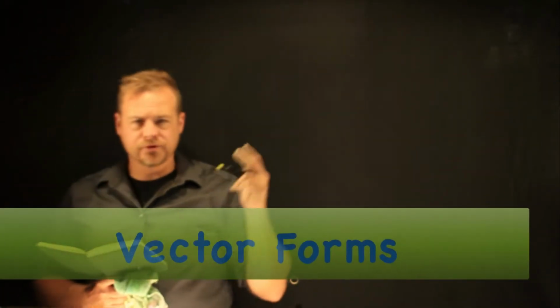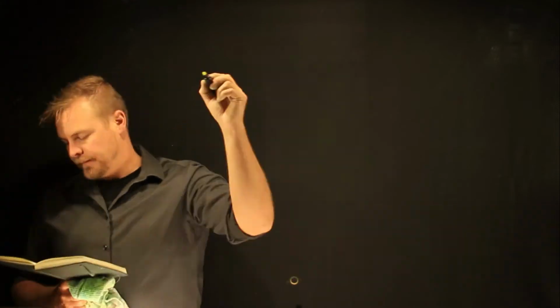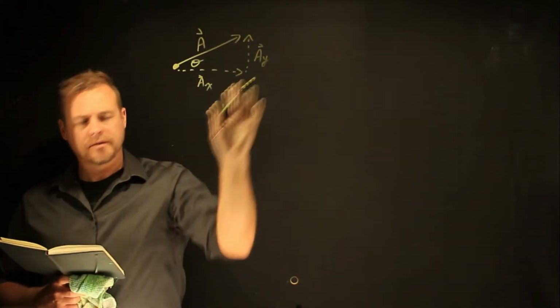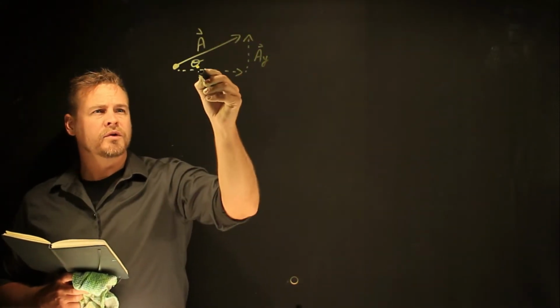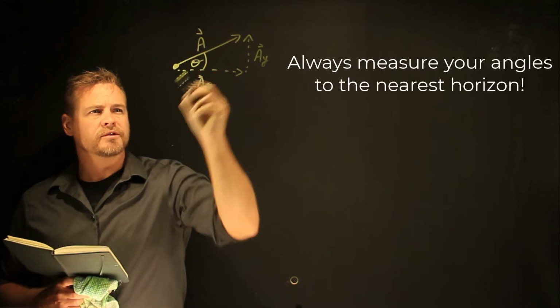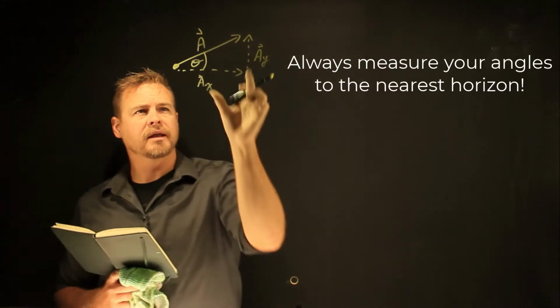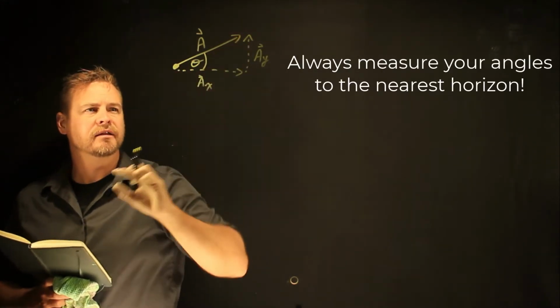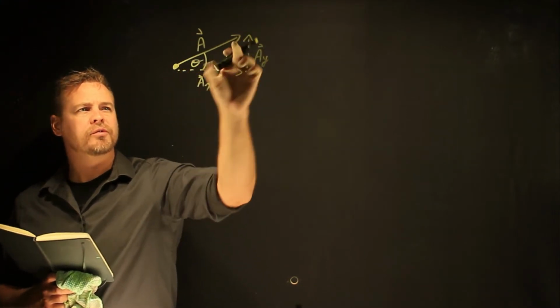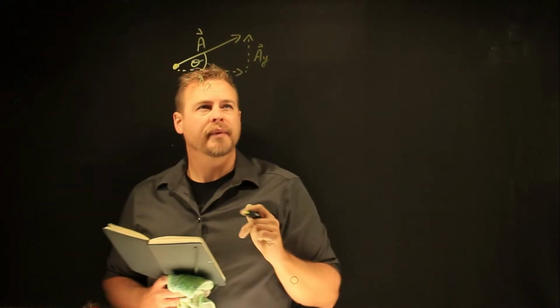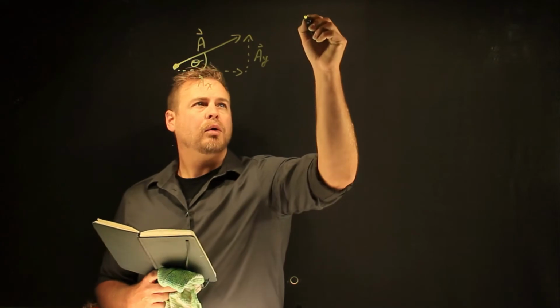Okay, vector form. There's two main vector forms that we'll use. So this standard vector here, remember we always measure the angle to the nearest horizon, and it has a magnitude of this length, and so we have the angle showing direction and then the length showing magnitude. In polar form,